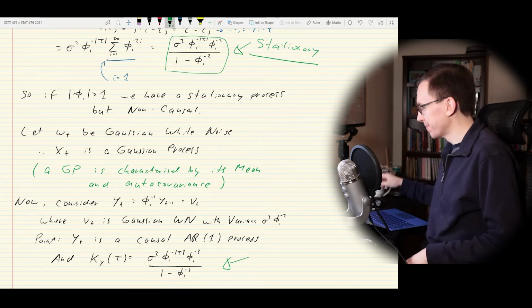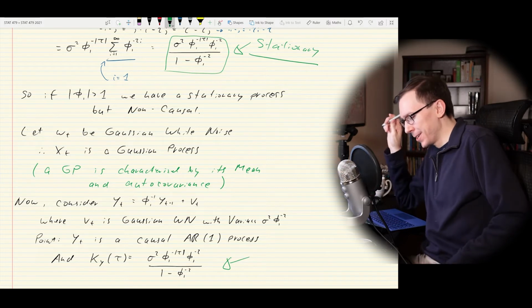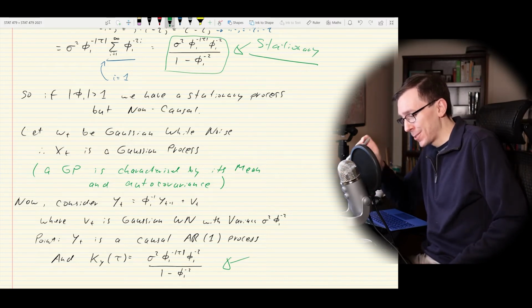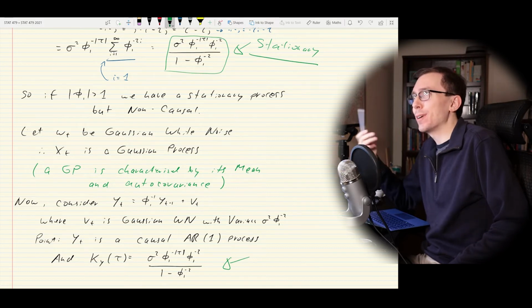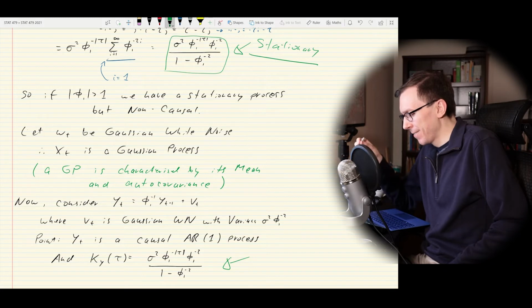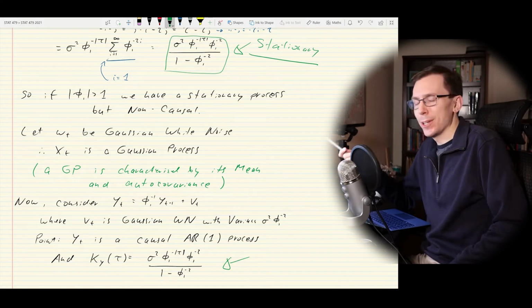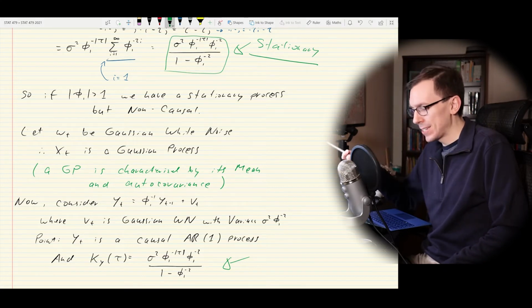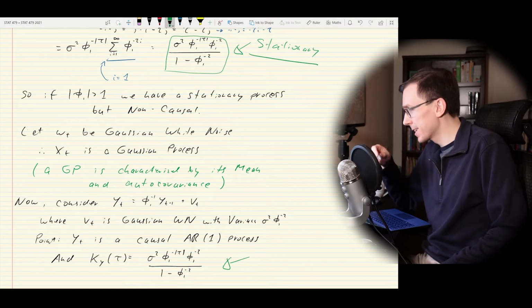All right, so that's a little weird, right? Because what we're basically saying is even if we have a non-causal process, there is an equivalent causal version of that process, at least in the case that the white noise is Gaussian. If the white noise isn't Gaussian, we don't have this nice equivalence. But